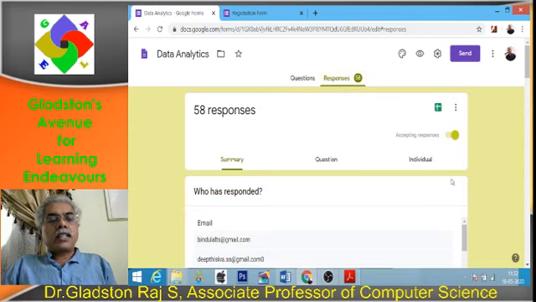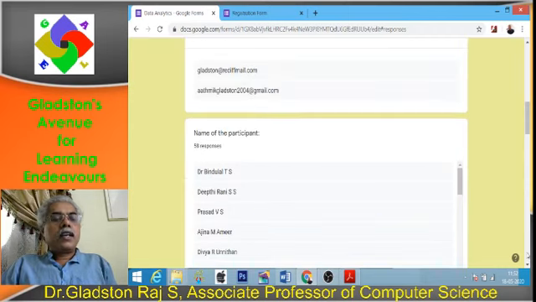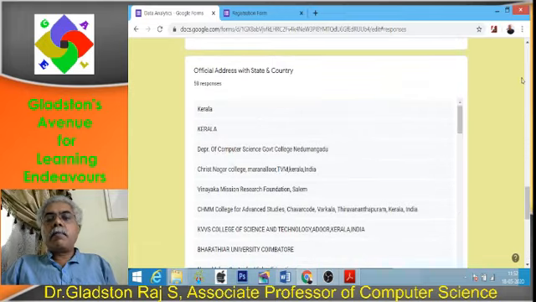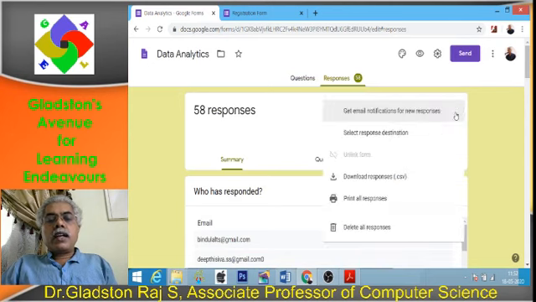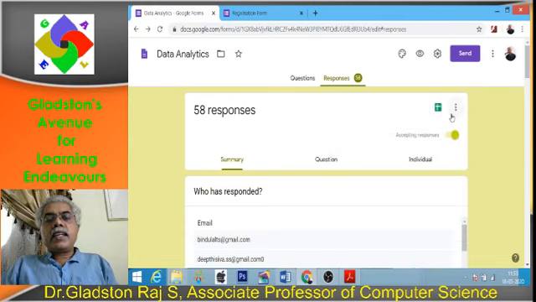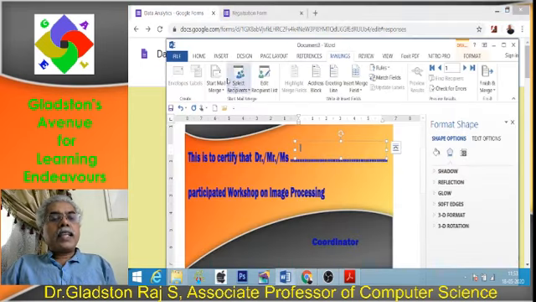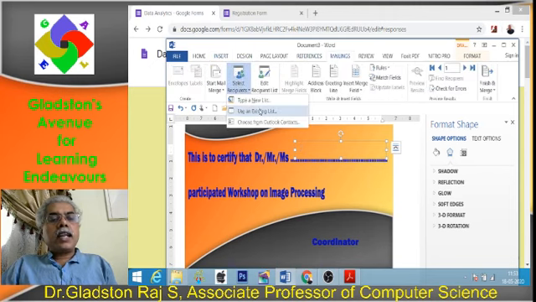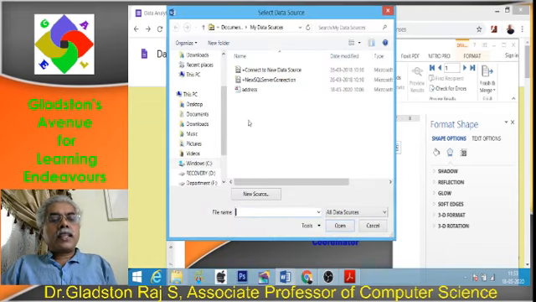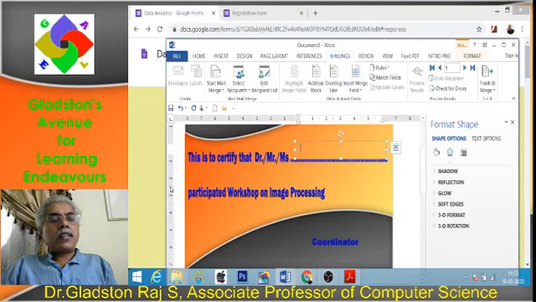Click on it, responses, I can see how many people registered, their email ID, and all other details submitted by them. I will get it. And again, I can download here, download responses in CSV format so that I will get it in Excel format, of all the responses which are made by people. So select that file, insert, and for mail merging, you need addresses. I am selecting it from an address list. For example, here I am getting it from the file which was already created by me.